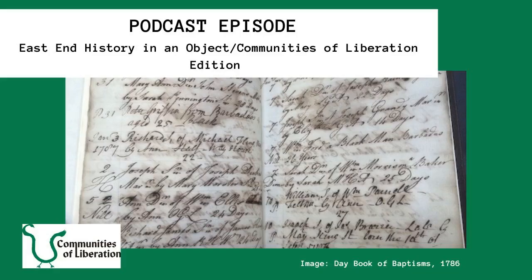An accession is when something comes into the archive, it gets given a unique number and a description of what it was. And when these accession lists were typed up, they saw that the Day Book of Baptism had these names in it and the locations of where these people were from, and they included it in the accession. But for some reason, when the catalogue went from these folders onto the online catalogue, that was just missed. And so my job is to go through these folders and just to enhance the descriptions